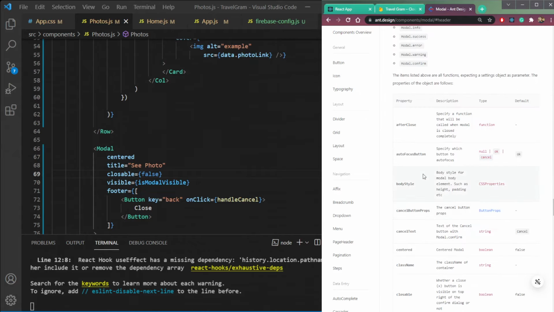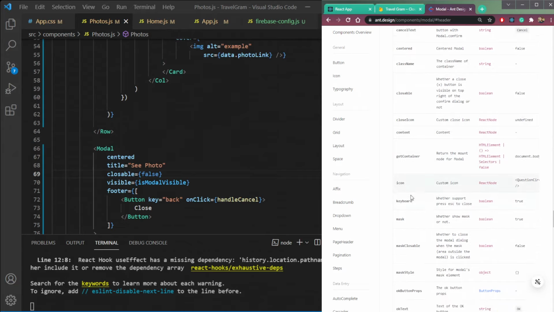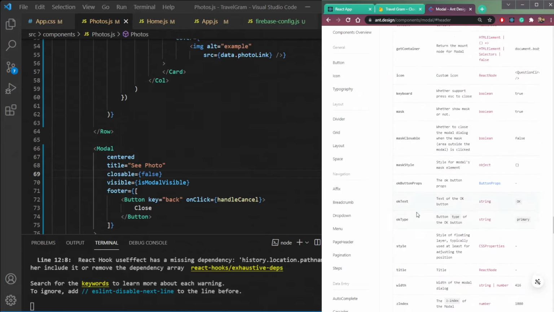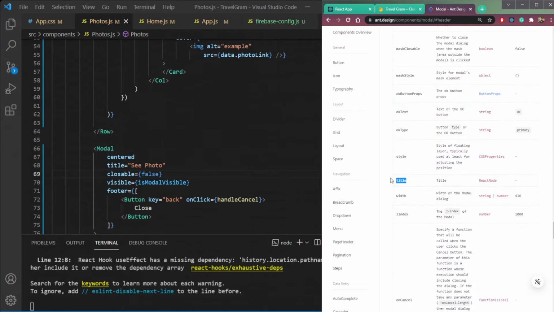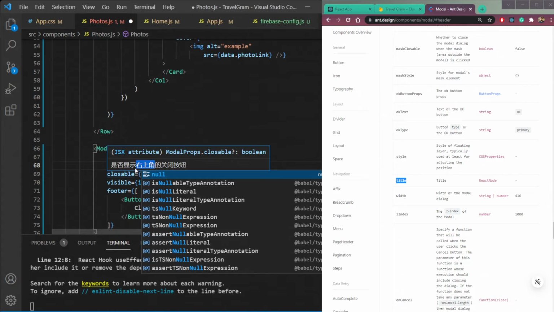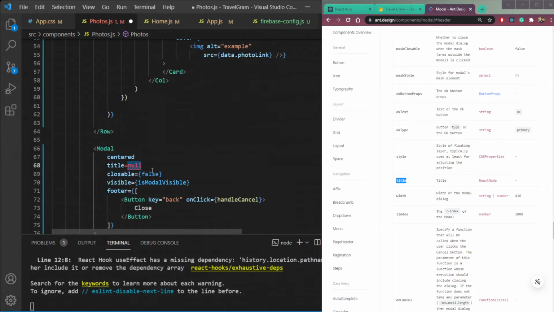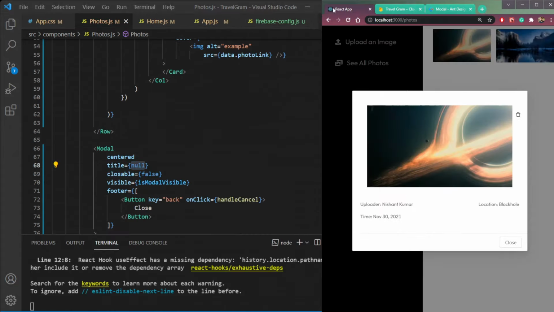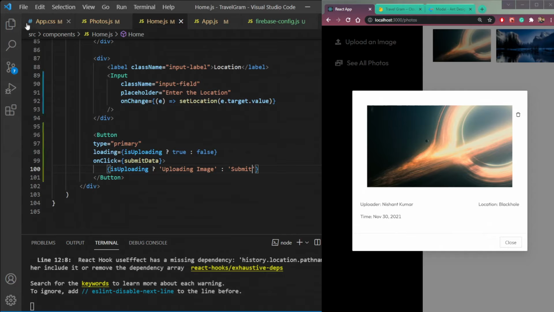If we see the props here: closable icon, keyboard, mask, mask item, style, title. So if we just make title to be null, it's hidden, but this image should be at the top here. So let's do it in the app.css.